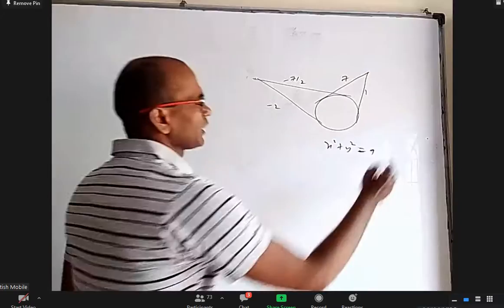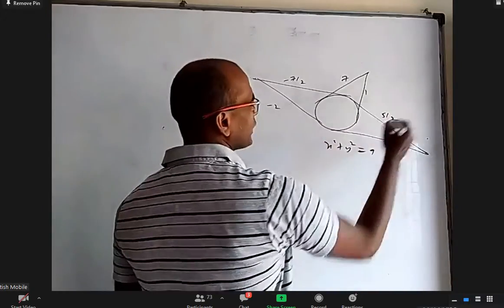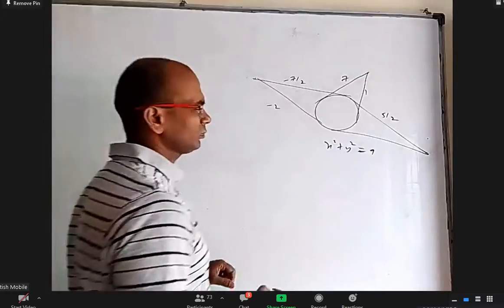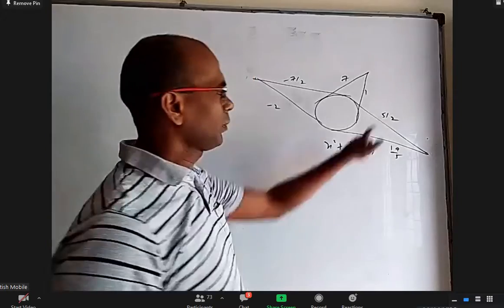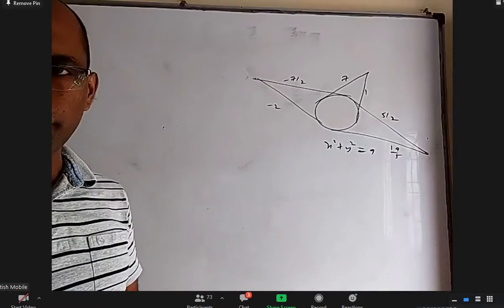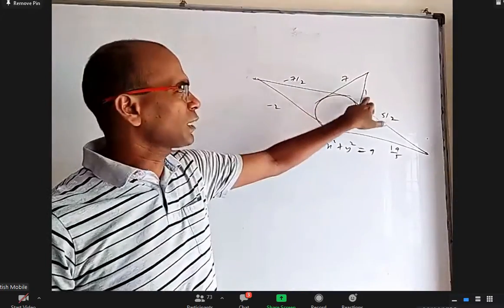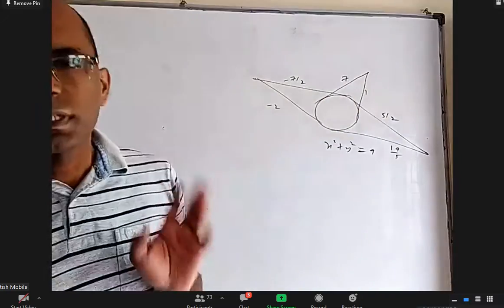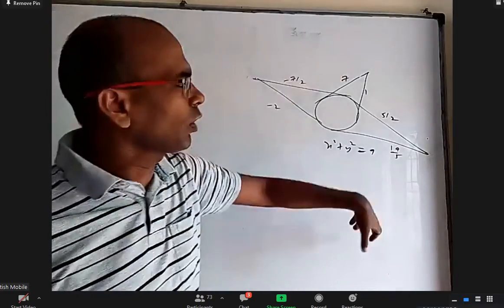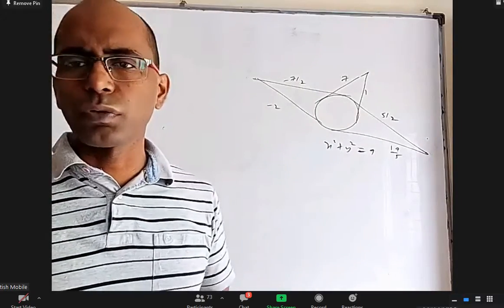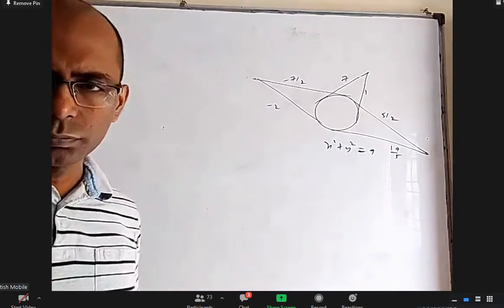7. There may be a point here when I draw two tangents to the circle. Maybe this line slope is 5/2, and this line slope may be 14/5. When I multiply these two, what is the product of the slopes? 7. So like that, there will be a lot of points. The slopes may vary, but the product of them is always 7. This is one such point, this is one such point. When you join all of them, you'll get a curve, some kind of curve. I don't even know the shape of that. What is the equation of that they want? Is everybody clear about the question?